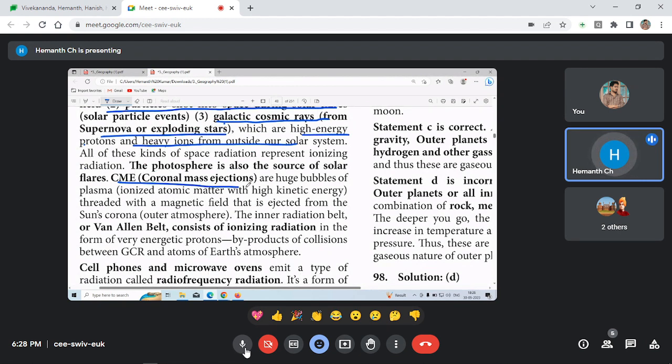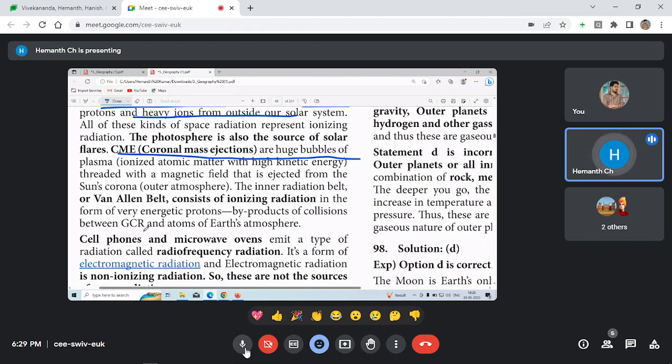CME, coronal mass ejection, is a UPSC favorite topic. These are bubbles of plasma, ionized atomic matter with high kinetic energy, threaded with a magnetic field, that are ejected from the sun's corona. The inner radiation belt, or Van Allen belt, consists of ionizing radiation in the form of energetic protons, the product of collisions between GCR and